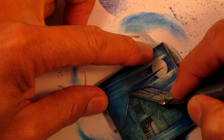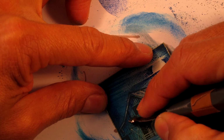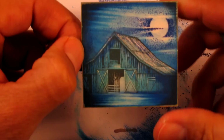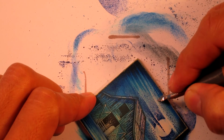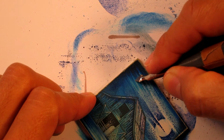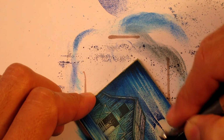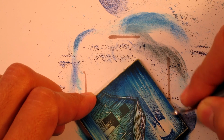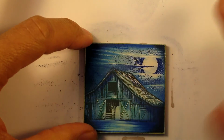So I'm just looking at the design a little bit. I see where some of these planks of wood are, where the black line is, and now I'm going in and scratching off some of the areas where there's a little bit of that black line. I'm just doing it in white. You can see it's really starting to capture some of that light up here, and for the softer clouds, I can put a much more defined edge to some of those, like that. Anyways, there you have it. Maybe I'd spray this and it would become